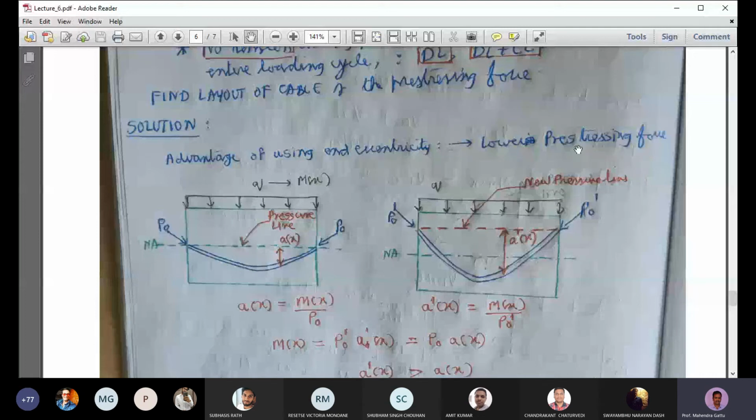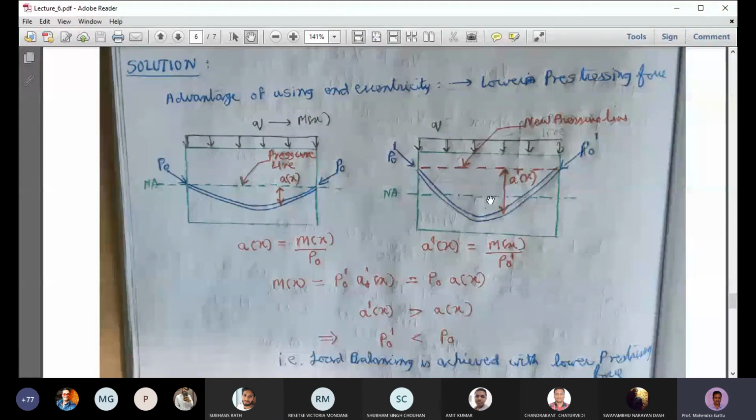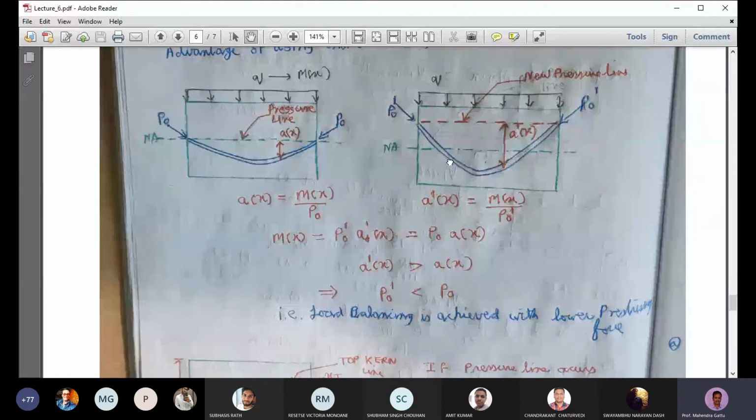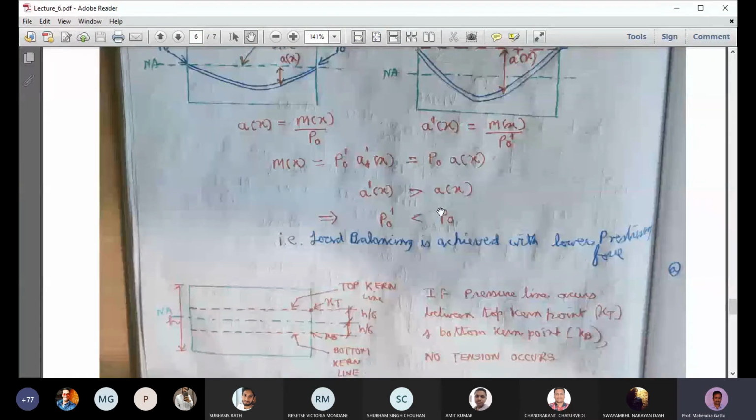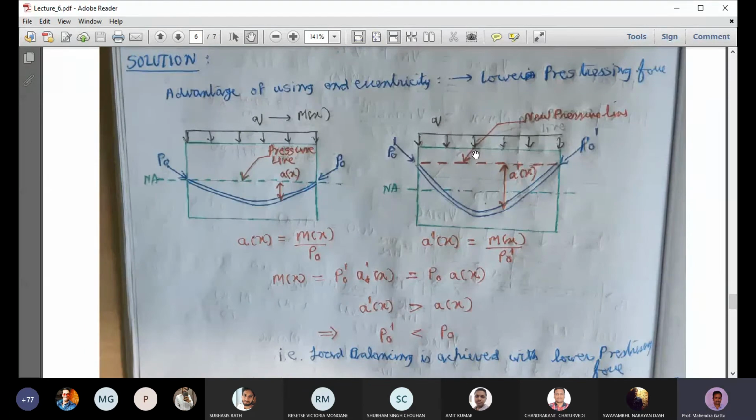We can lower the pre-stressing force which is coming onto the tendons. So again, when I said the arch action, that I have to explain through another analysis, maybe tomorrow we can do that. So for now, you can use this analysis and try to get that concept that lower pre-stressing force is sufficient to do the load balancing when end eccentricity is provided.